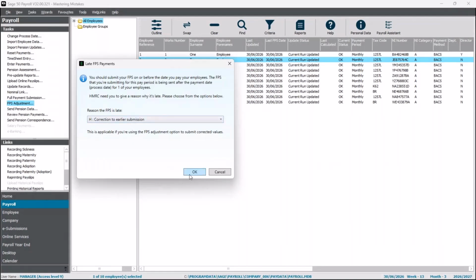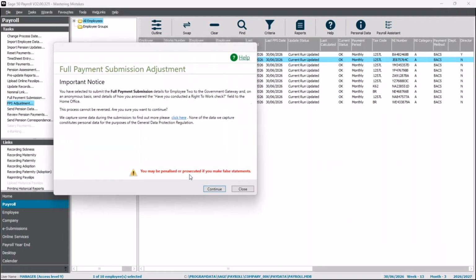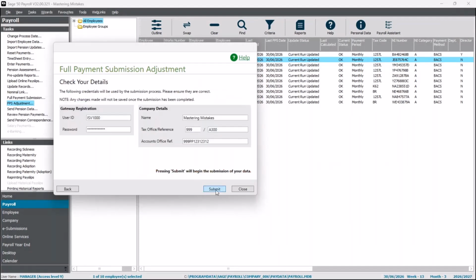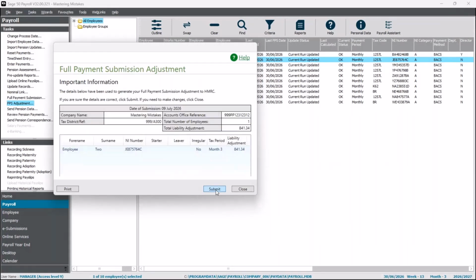Once you've chosen that, you would click OK. That takes you into the FPS adjustment screen. If I click on to continue, and once I've checked my details, I click submit. You'll then see it only shows the employee selected, shows the tax period, and in this case, it shows a